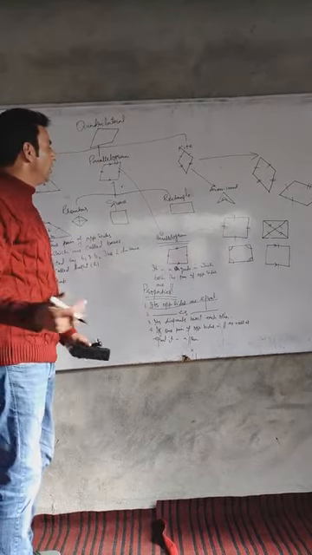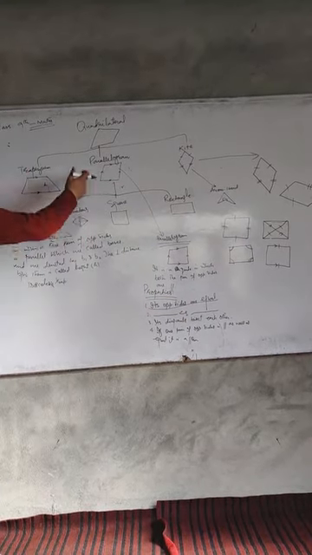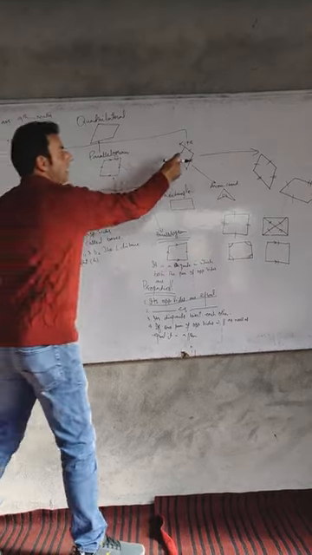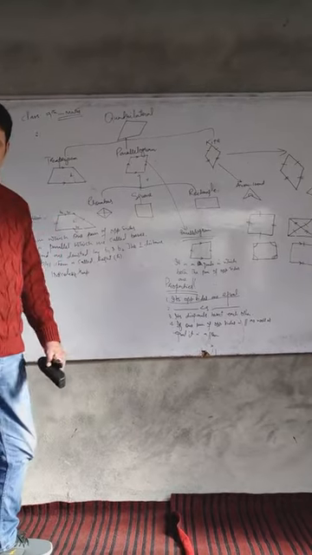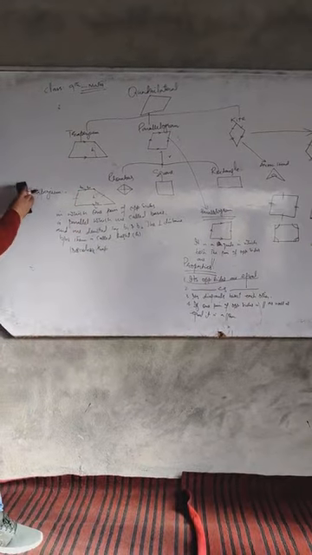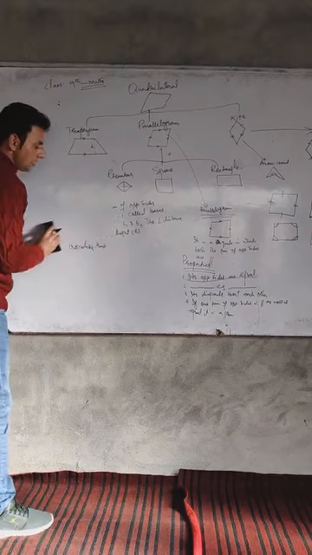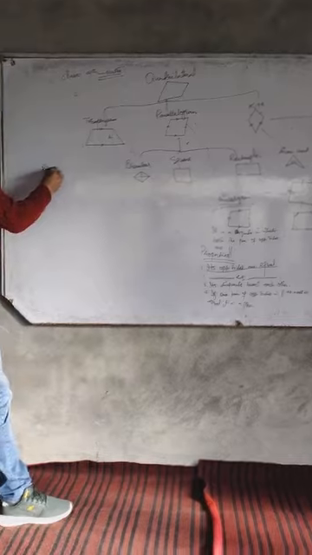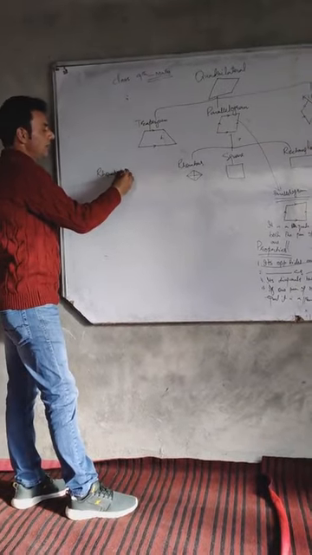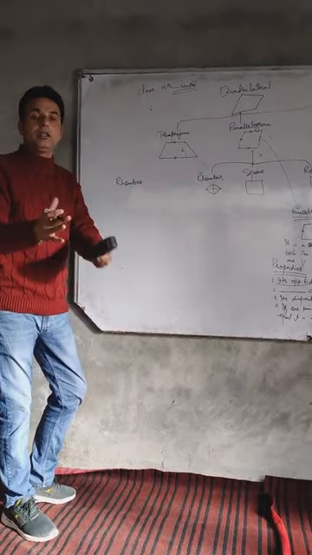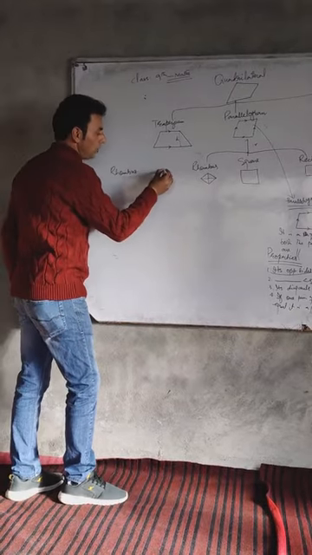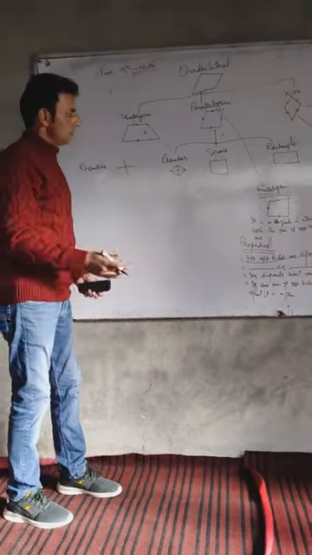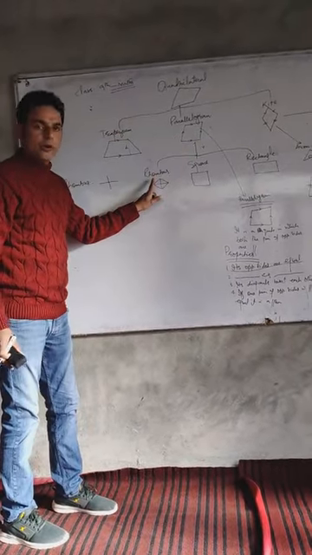Now we will go on to explain the subtypes of quadrilateral. And those are the types of parallelogram and the type of a kite. Let us take the first type. I will erase this. Let us take the first type of the parallelogram, that is rhombus. What is a rhombus? First I will show you how to draw the diagram of a rhombus. You have to draw the plus sign.